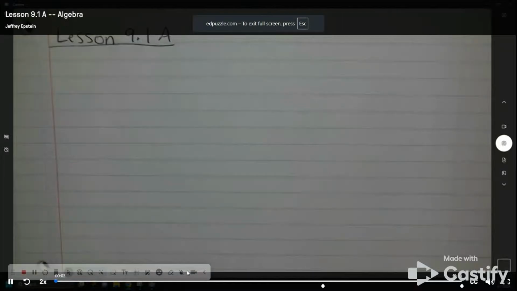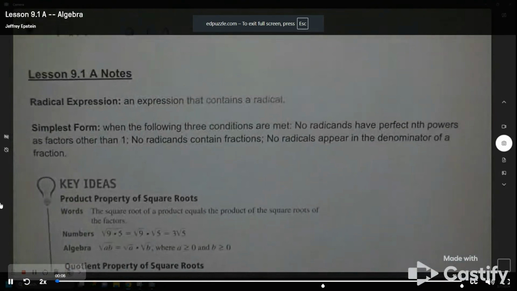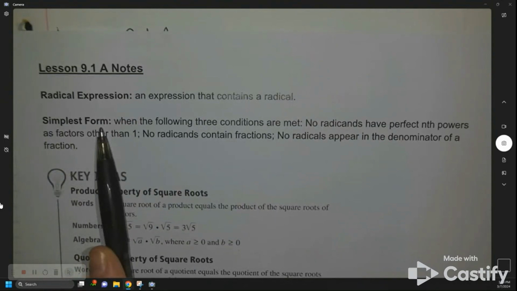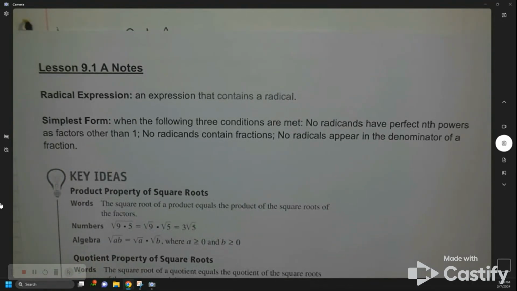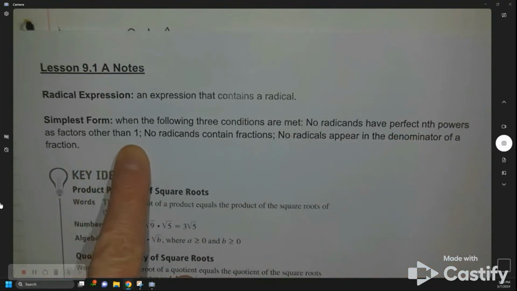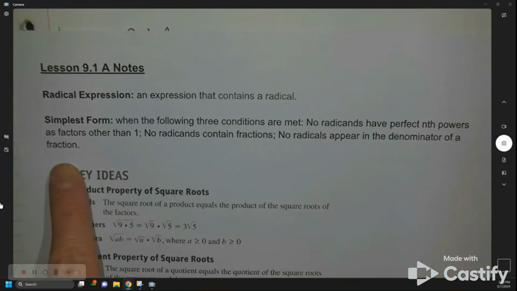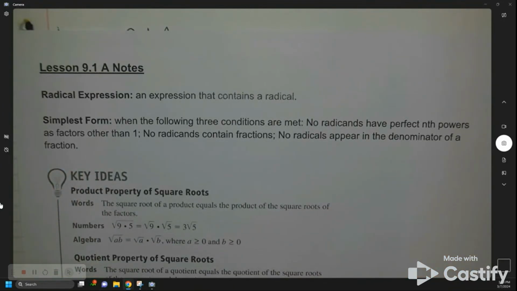This is lesson 9.18, and in this lesson we're going to be talking about radical expressions. So a radical expression is an expression that contains a radical. Remember those radical signs look like the square root signs, things like that. Simplest form when we're talking about radical expressions is when the following 3 conditions are met. No radicands have perfect nth powers as factors other than 1. No radicands contain fractions, and no radicals appear in the denominator of a fraction. So in order for us to have simplest form, we have to make sure that all of those things are